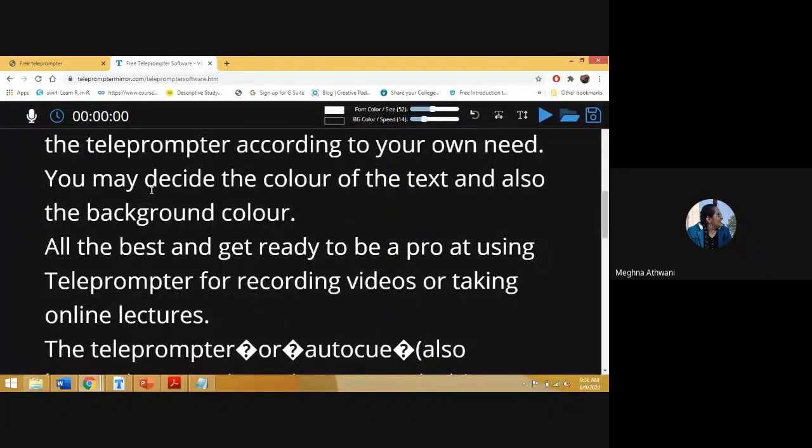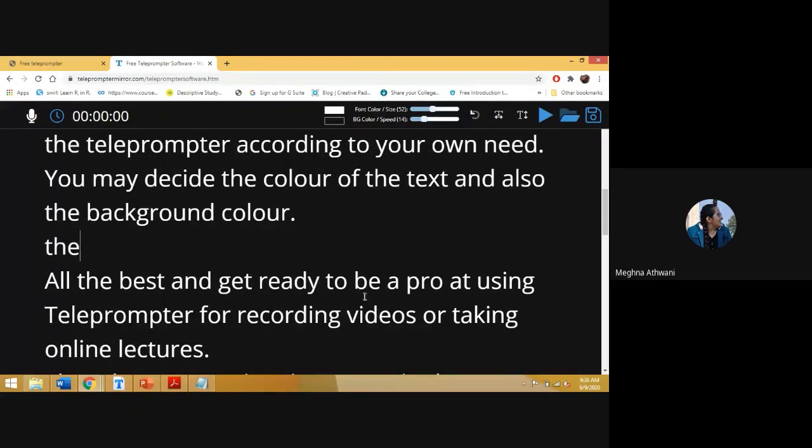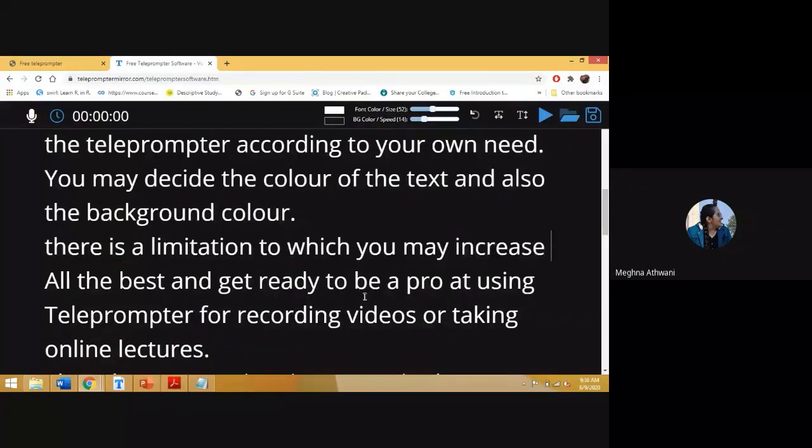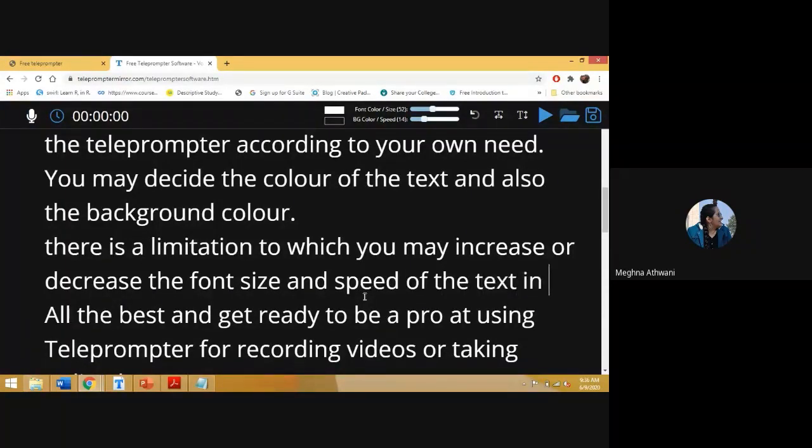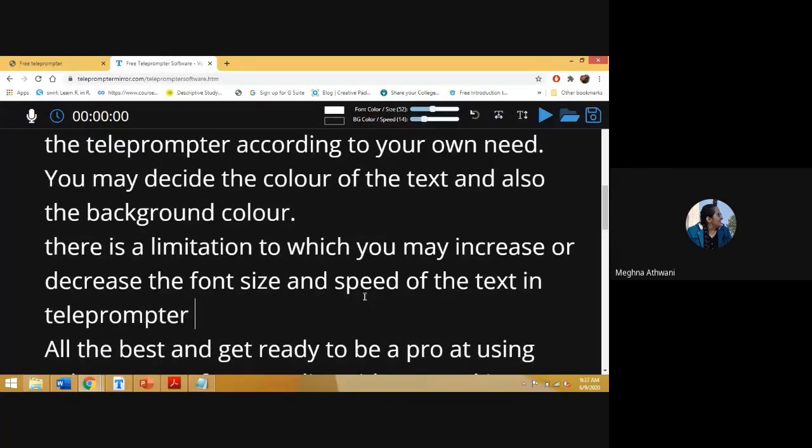Okay. See, like this sentence, you may decide the color of the text and also the background color. I can write a sentence here. There is a limitation to which you may increase or decrease the font size and speed of the text in teleprompter mirror.